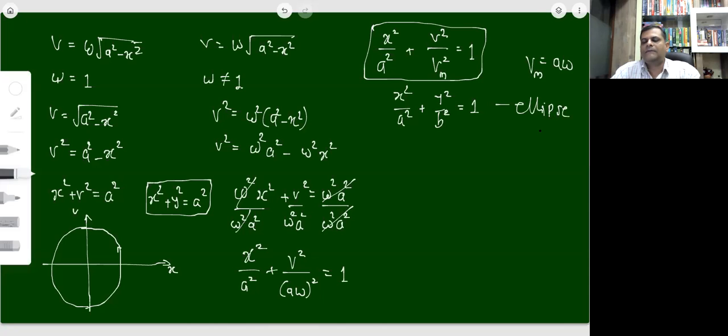Ellipse का equation है ये, and hence we can conclude here that the graph between x and v is going to be an ellipse in this case. So if suppose we draw an ellipse on this xy plane,